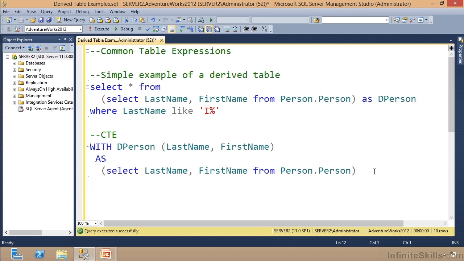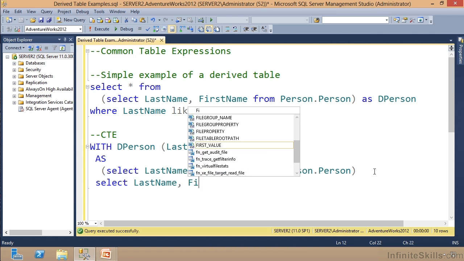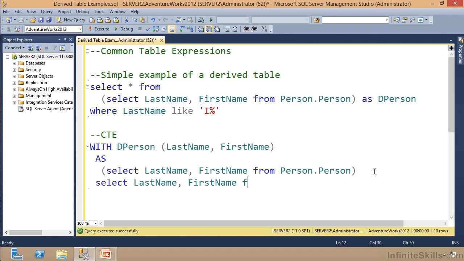I'm going to go right up here and I'll say select last name, first name from dPerson. Notice IntelliSense sees dPerson as a table, even though it's a CTE. And we will jump to the next line and say where last name is like I%,